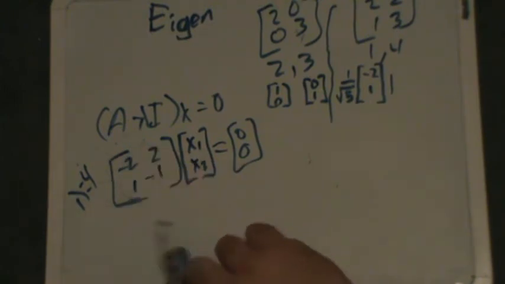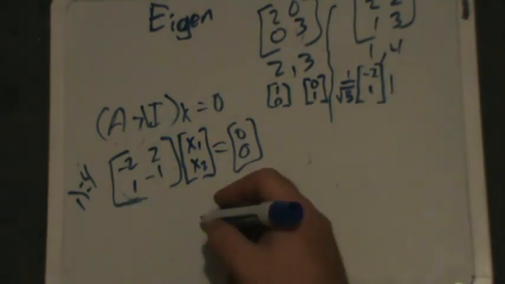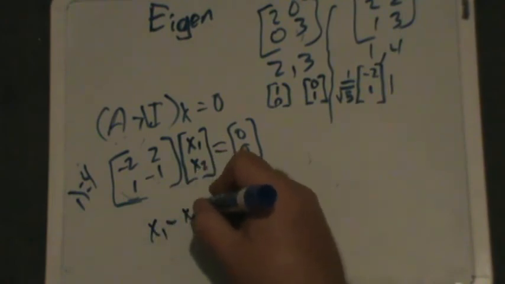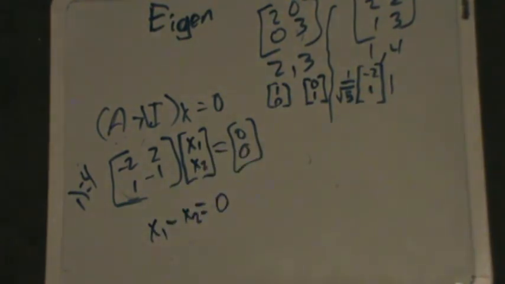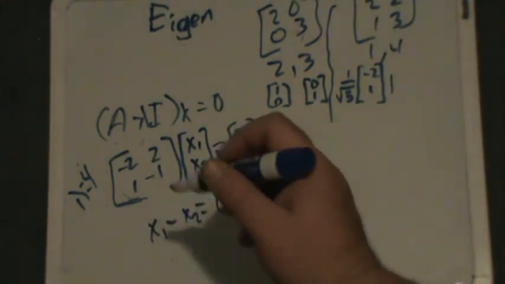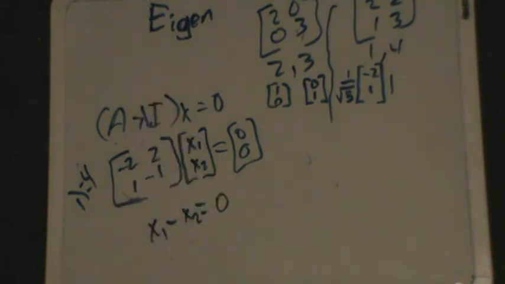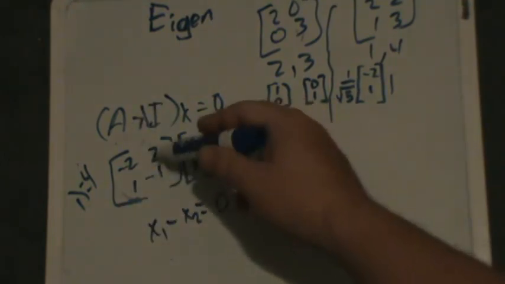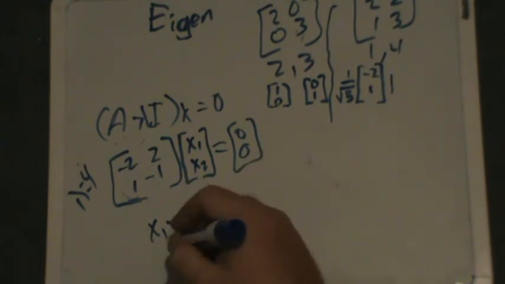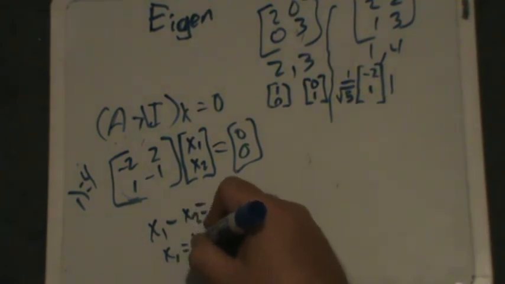So since they do the exact same thing, I'm going to pick the bottom one, because it's just a simpler equation, which is x1 minus x2 has to equal 0. Yeah, so taking minus 2x1 or plus 2x2 is exactly the same thing. Take it to the other side, divide by a half, and you're here. So there is no difference between the two that you would get, whether you do the first row or the second. This means x1 must equal x2. Right? Take it to the other side, x1 equals x2.